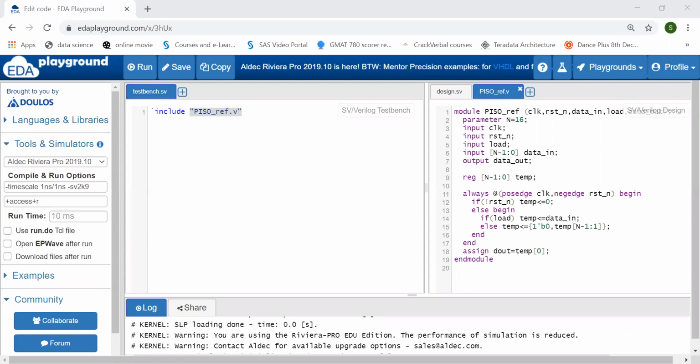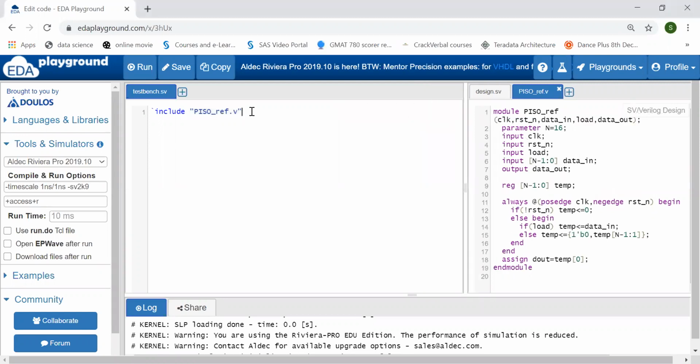So now in this class I will teach you how to write a self-checking test bench for PISO. This PISO code I have already explained in the previous class. Now this test bench I will be writing using the task. It is an easier way to write the test bench and an efficient way also. So start module